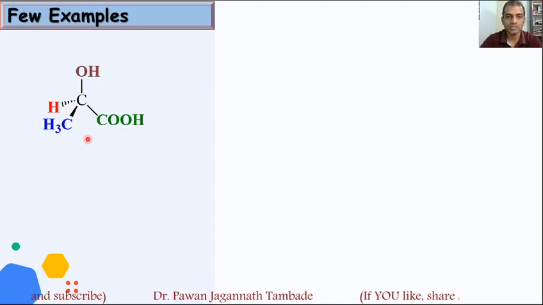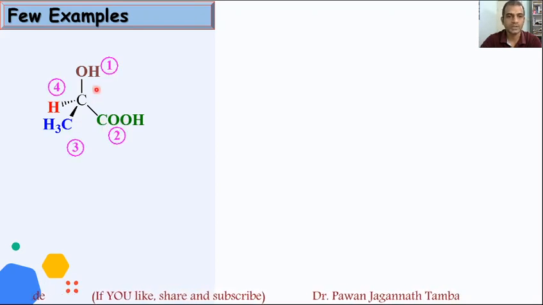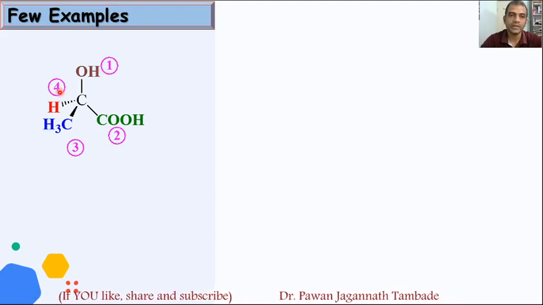Among COOH and CH3, the first point of attachment is carbon and carbon. So we move to the next point of attachment. Here, this carbon is attached to oxygen and this carbon is attached to hydrogen. So COOH will get priority as compared to CH3. So in this case, OH will get first priority, hydrogen last priority, COOH second and CH3